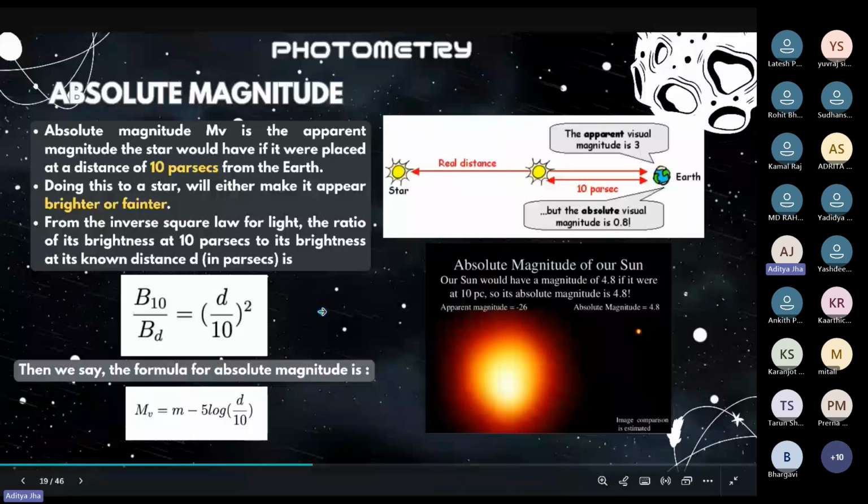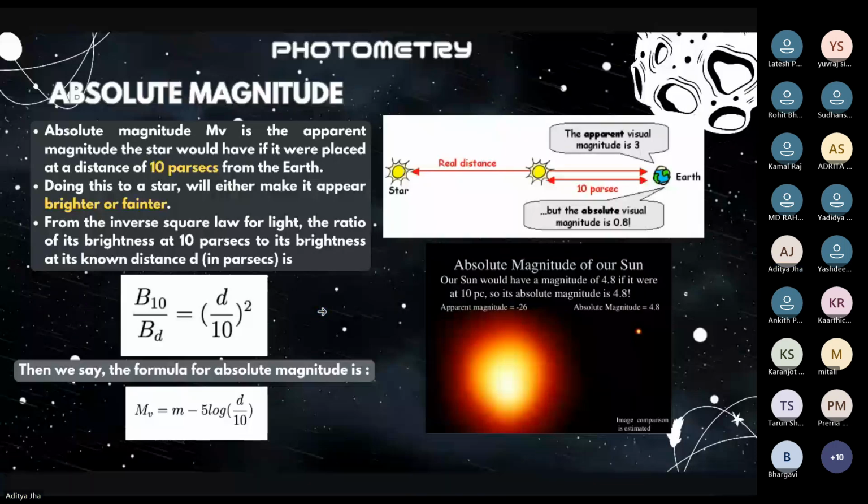Let's move on to absolute magnitude. Absolute magnitude is the apparent magnitude the star would have if it were placed at a distance of 10 parsecs from the Earth. So what we do is take the apparent magnitude and a reference, let's say 10 parsecs, and shift all the sources we're considering to 10 parsecs. Doing this will either make each brighter or fainter, depending on whether it was closer or further than 10 parsecs. And this helps us compare their actual brightness values, because currently what apparent magnitude does is